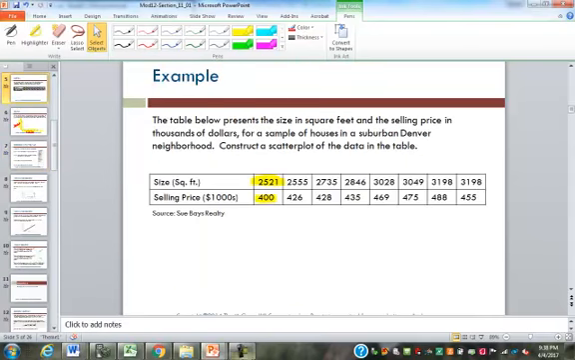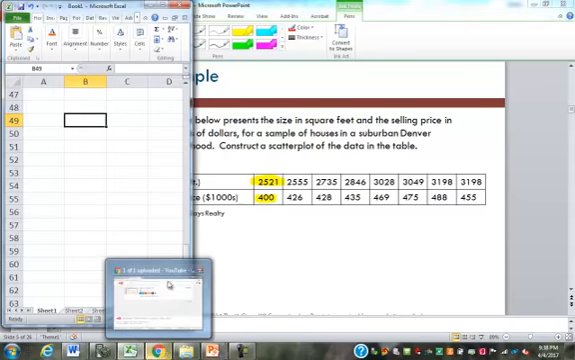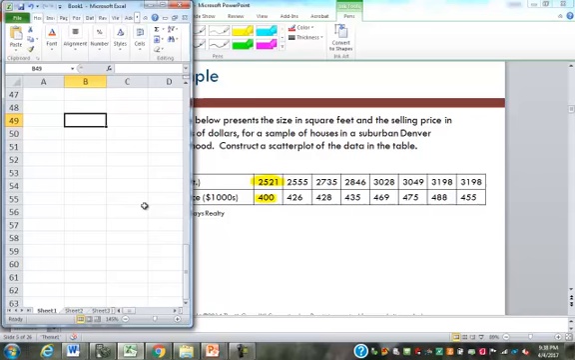go back up to my table here. So easiest in Excel if you make the list vertically. So we're going to do square feet and price. So 25.21, 25.55, 27.35, 28.46, 30.28, 30.49, 31.98, 31.98,